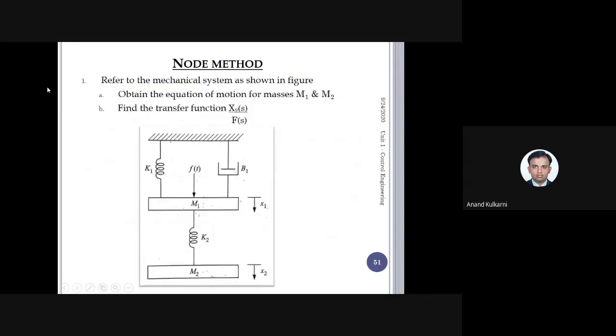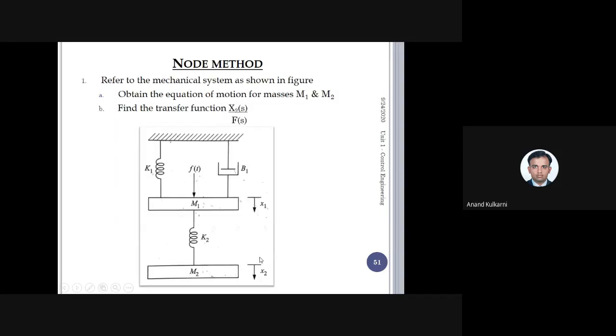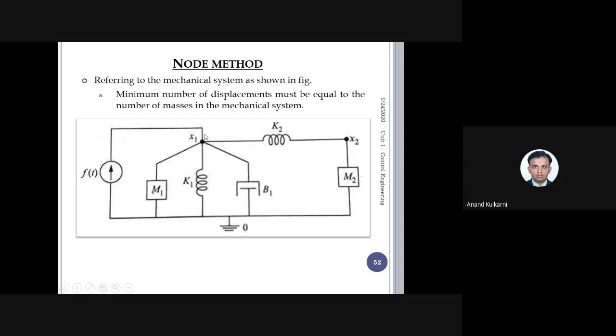Just observe here. Given any mechanical drawing, it can be a hydraulic system or a mechanical system, observe how many displacements are there. If there is a mass, there will be a displacement. So m1 is a mass, so there is a corresponding x1 as a displacement. If m2 is the mass, the corresponding x2 is the displacement. So in this method, that many dots or nodes have to be drawn as there are displacements. So x1 is going to represent one dot or node, and x2 is going to represent one more dot or node. So first I'll draw